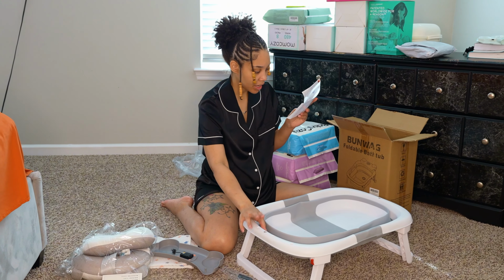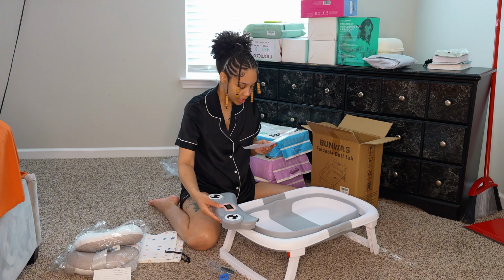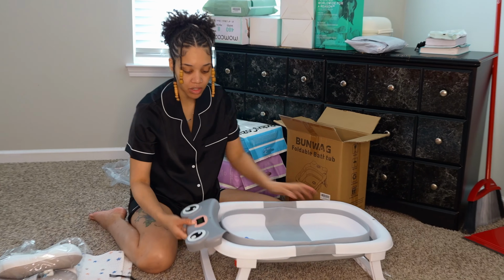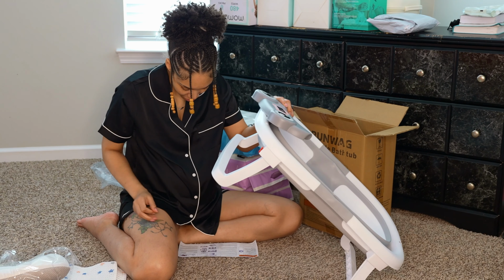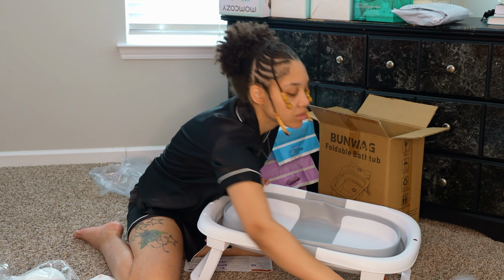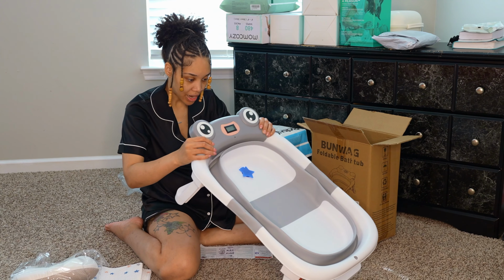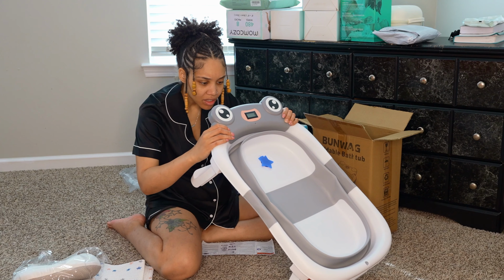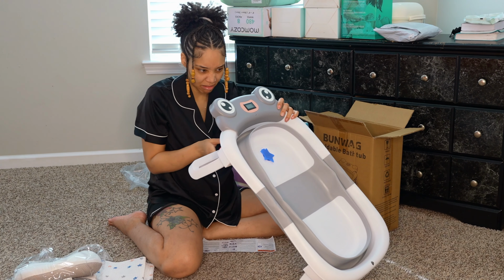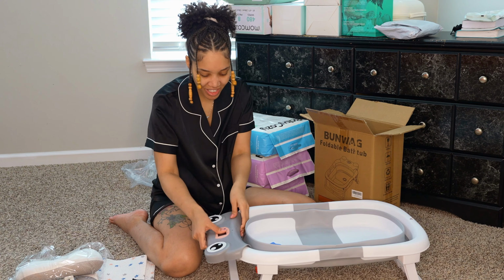And then we're gonna put this on this side, right? Yeah. So this goes on this side. Why would they tell me to flip it over if I have to flip? Nails, looks like. Or is it not nails? Does it just snap? Let's see. Oh, it just snaps. Is that secure? I don't know, y'all. Okay. That doesn't feel...